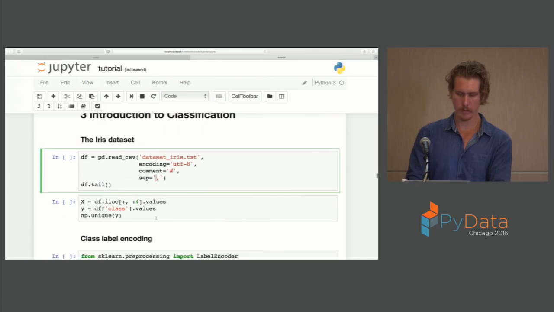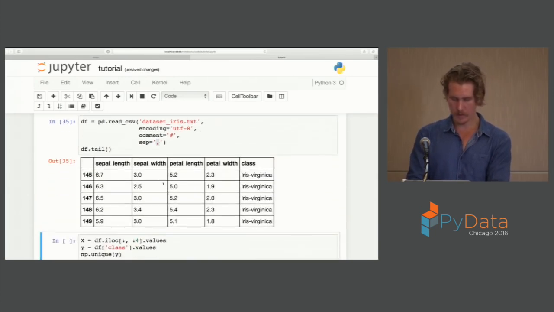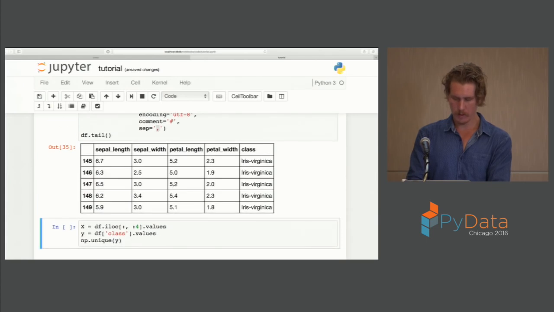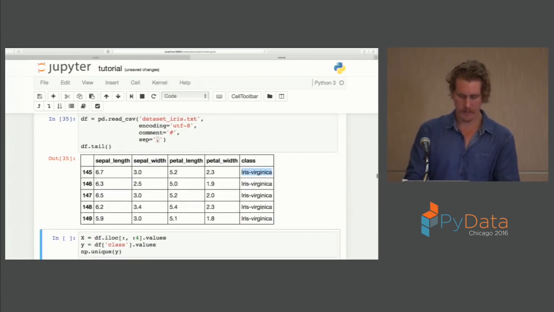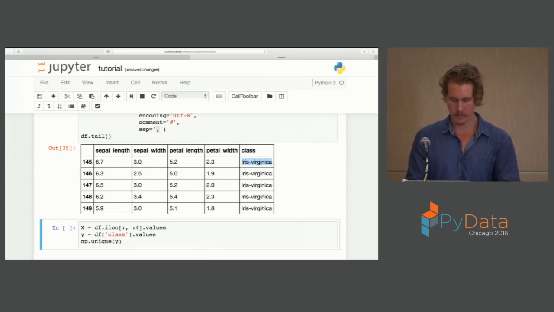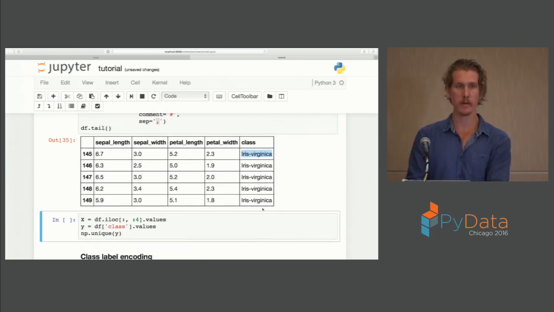So again, we use pandas to read in our data set. In this case, it's a CSV file. It's labeled as txt, but it's a CSV file with comma-separated values. And this is how it looks like in pandas. I use this text file here because we have names in the class column, which makes it more interesting. I will show you in a second how we can deal with this, because scikit-learn expects integers